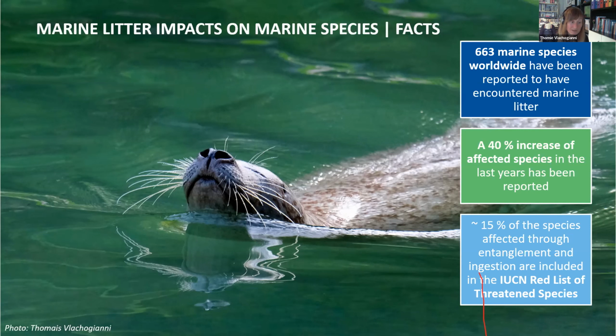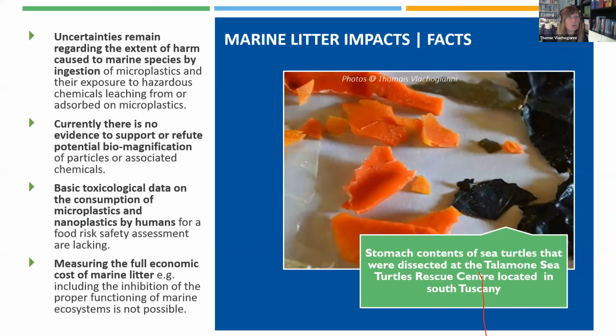But we do know that a lot of species are interacting with litter, and we do know that there has been a huge increase in species that are affected by or have encountered marine litter. And a lot of these species are threatened or protected species. So there are still a lot of uncertainties surrounding the topic of marine litter impacts. There is still uncertainty regarding the extent of the harm caused to marine species by ingestion. And there are also uncertainties regarding the extent to which these species are exposed to the so-called plasticizers that Cristina was